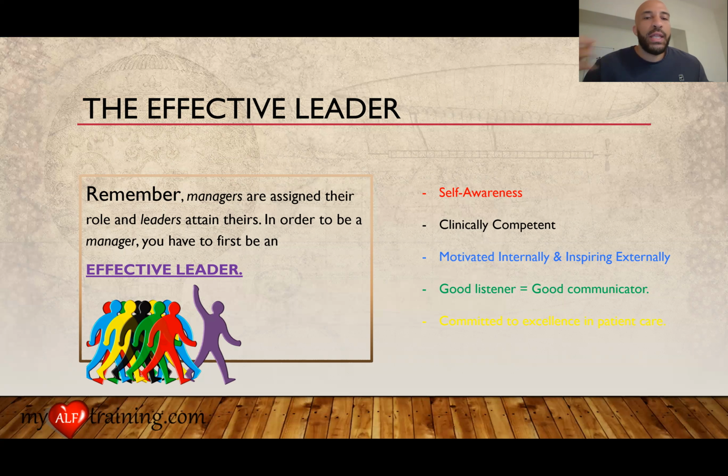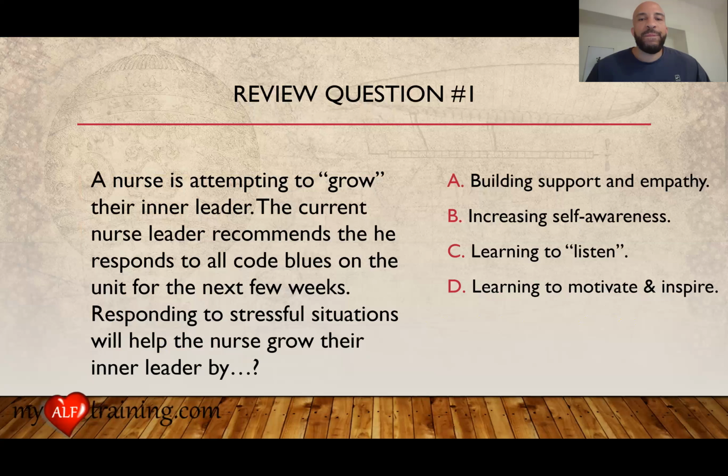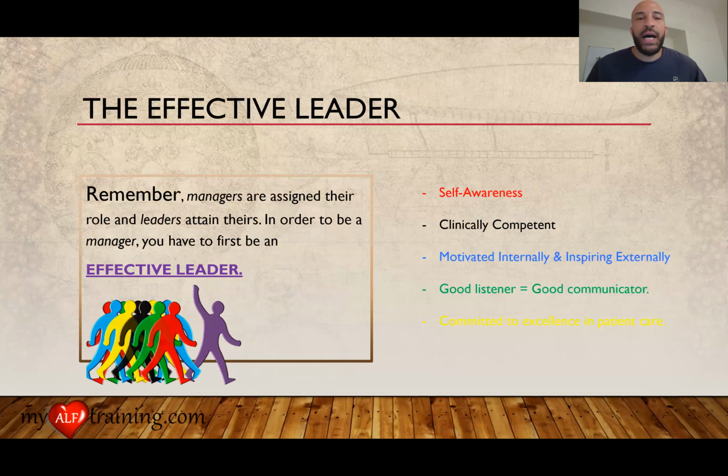So I want you to take a moment and think about, after this presentation, what terms come to your mind. It doesn't have to be a list of 5. It could be a list of 2 or 3, and write those 2 or 3 things down. When you're in your practice, I want you to remember those things that you wrote down today, and then use the tools that I gave you to strive to achieve those characteristics and foster and grow them in yourself, in your own practice, so you can start on your journey to becoming an effective leader. I'll just give you guys a minute to complete that exercise. Just 2 or 3 things that come to your mind.